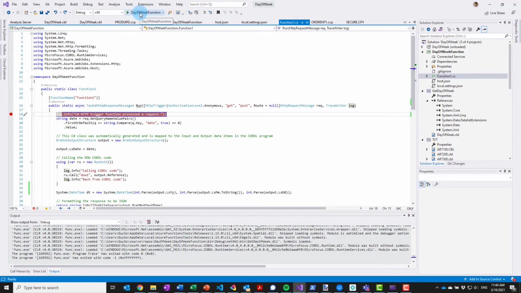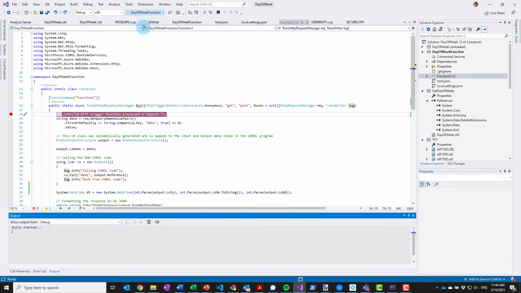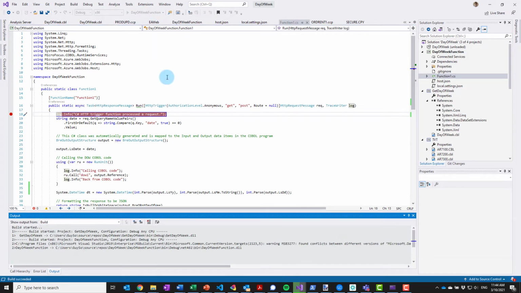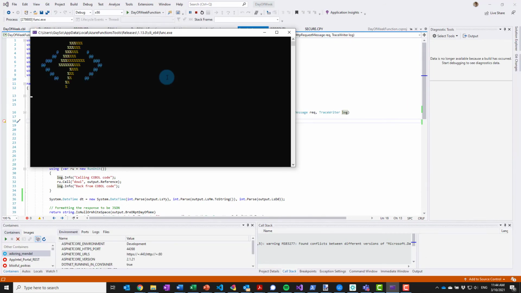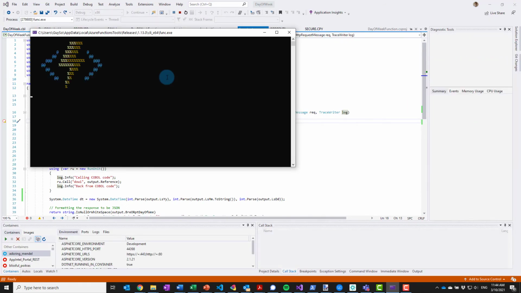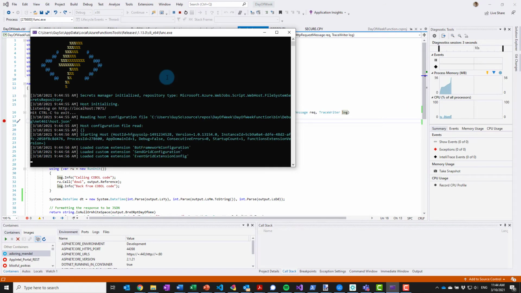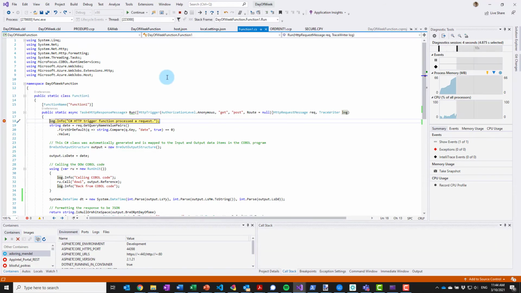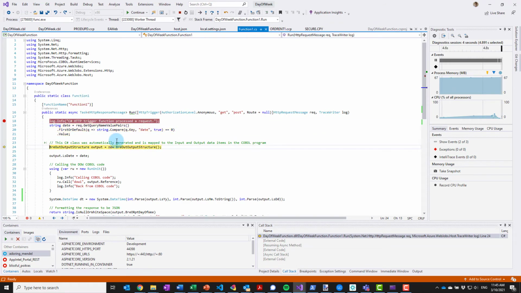And let me demonstrate it to you. We'll start an Azure function emulator that comes with Visual Studio, and we'll just step through the code and see how easy it is to use this .NET COBOL from C#.